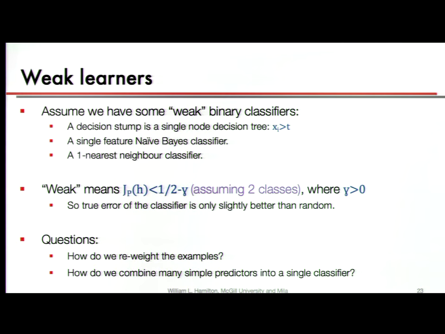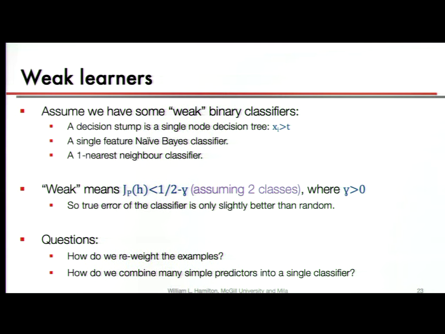Okay, so the other thing now is we're going to assume that we have a bunch of weak classifiers. Here I'm going to focus on the classification setting. I've been doing that implicitly. You can do all of this for regression, but classification is a bit easier to talk about. So we're going to assume we have some weak learners. So what's a weak learner? What's a simple model? Well, generally these are things like what's called a decision stump, which just means a decision tree that's just one decision or one node.